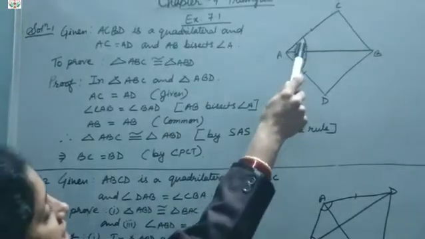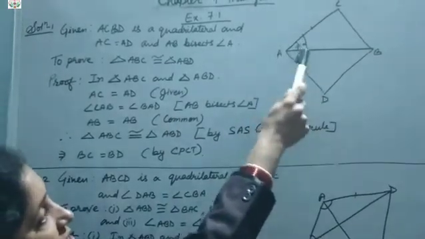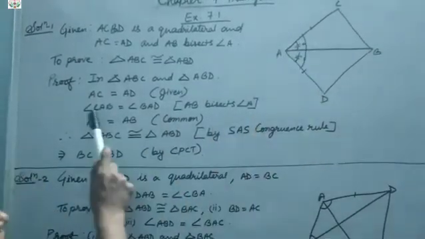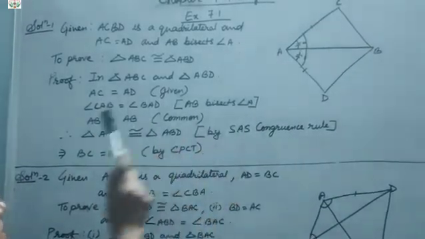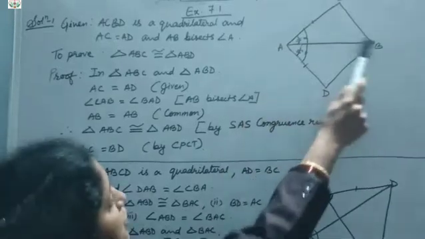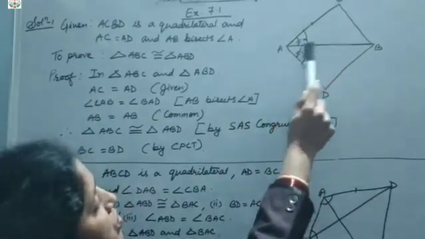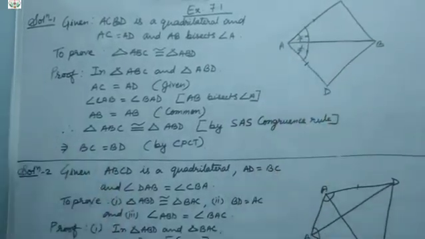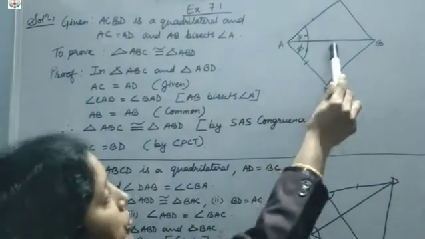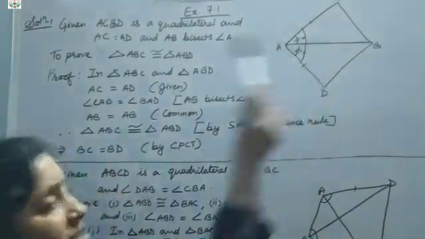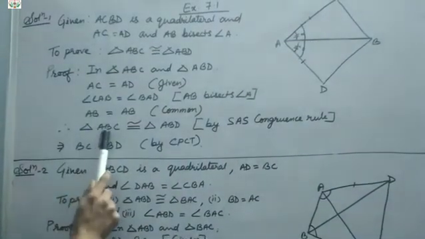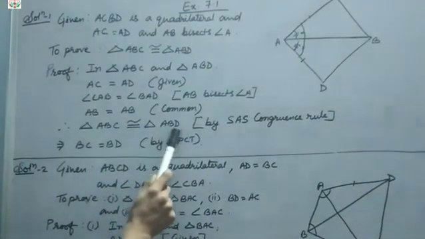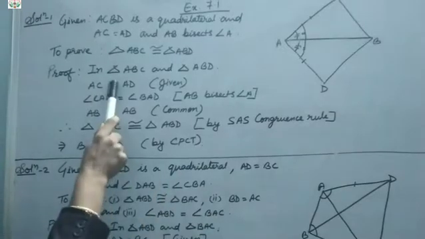Then this angle, it is given that AB is a bisector, means this angle is equal to this angle, as AB bisects angle A. And then AB equals AB. AB is in this triangle also, AB is in this triangle also. AB side is common to both triangles. So AB is common. Therefore, triangle ABC is congruent to triangle ABD